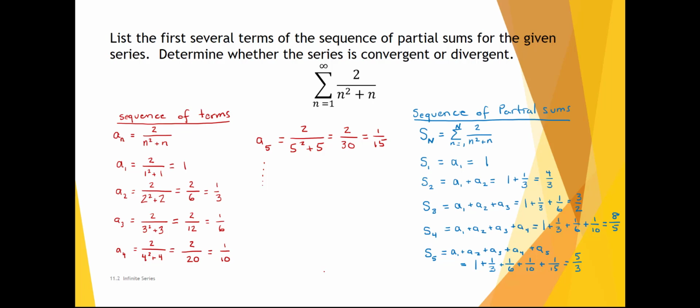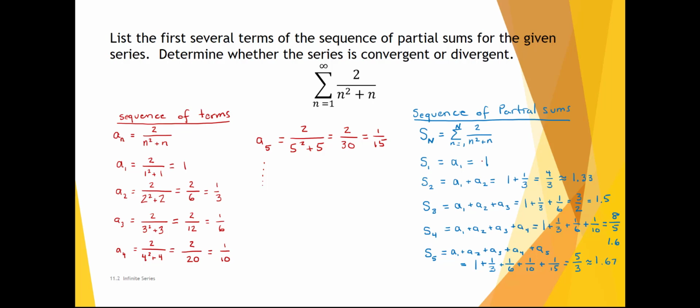Now, we would like to make an educated guess about whether the series is convergent or divergent. To think about the sequence of partial sums more easily, it might make sense to think about these numbers as decimals. So we know 4/3 is about 1.33. We know 3/2 is 1.5. 8/5 is 1.6. 5/3 is about